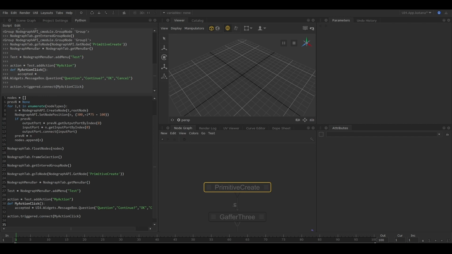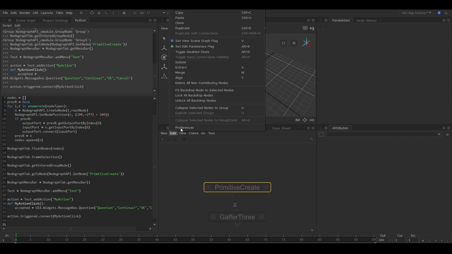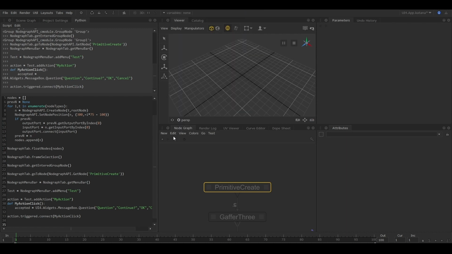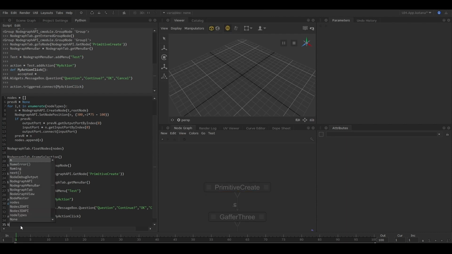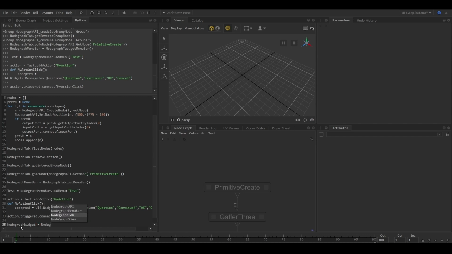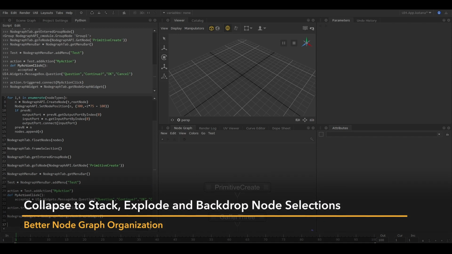Now, from the node graph tab, we can also grab hold of the node graph widget. And from the node graph widget, it will allow us to run some of these functions that are part of these actions. So instead of us having to find the edit menu, find the action that's called align and run that, what we can do is go node graph widget equal to the node graph tab dot get graph widget. Okay, and then from the node graph widget, we can do things like